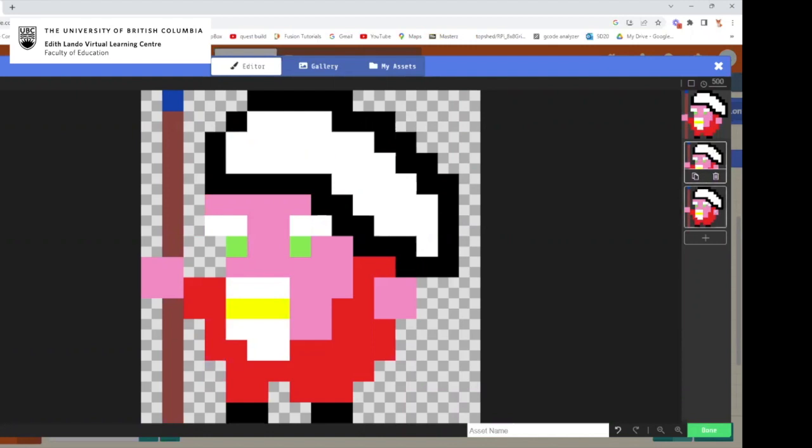Now, what I'm going to do is click on the second copy and alter something on here. I'm going to have him blink. I always start out with blinking because it's easy. So I'm going to find the pink color and click on the eyeballs and remove them. Now, when I click play, you can see up here on this part right here, my character